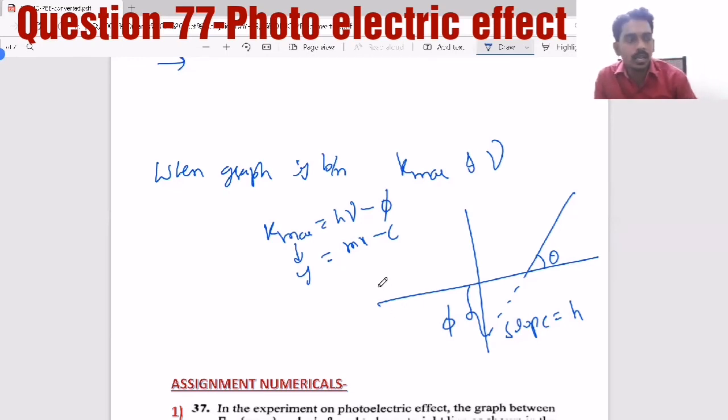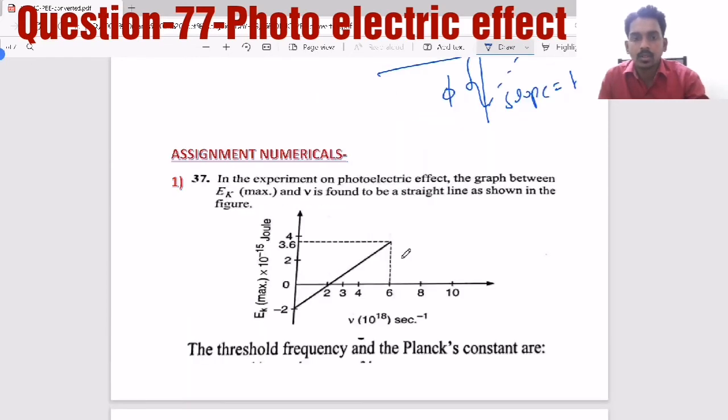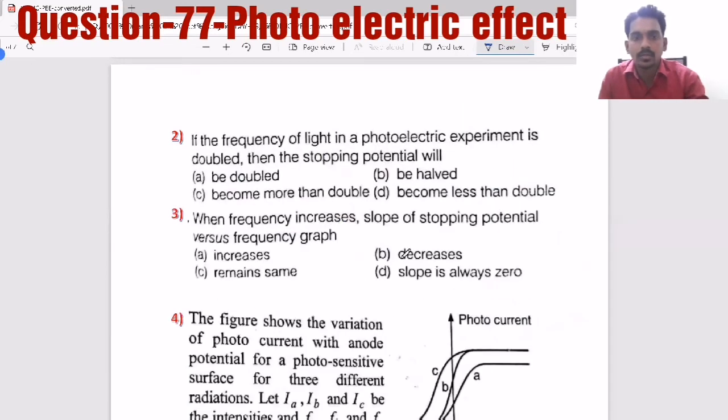So which two quantities they are asking, what is the relation between them, which quantity to be taken on the y-axis, which quantity on the x-axis, you have to understand and analyze properly. This is how the questions will come based on graphical analysis or experimental study of photoelectric effect. So practice all these exercise questions, then you will get the